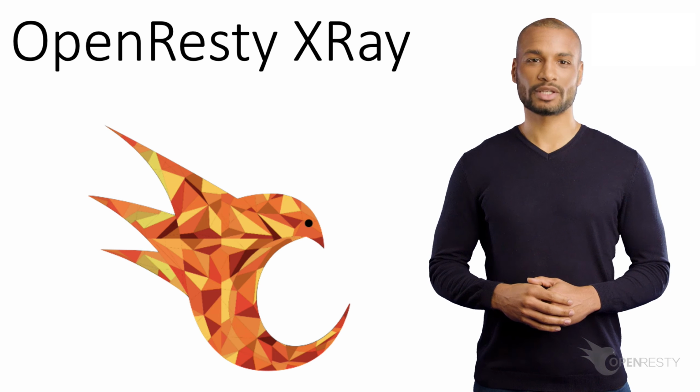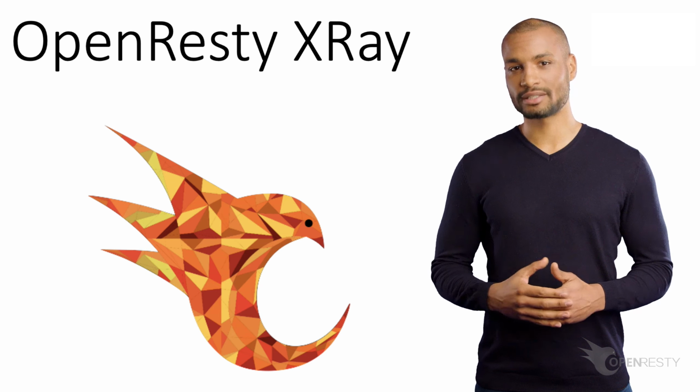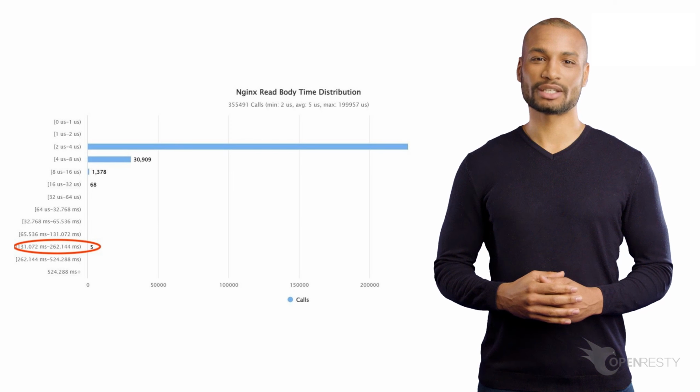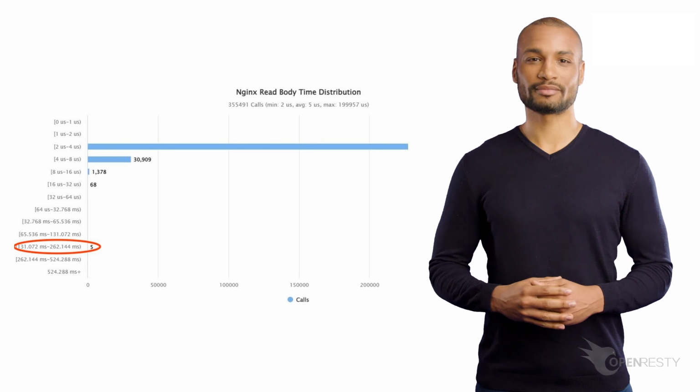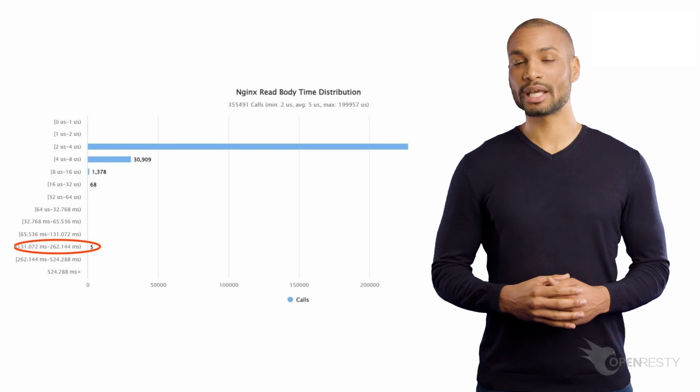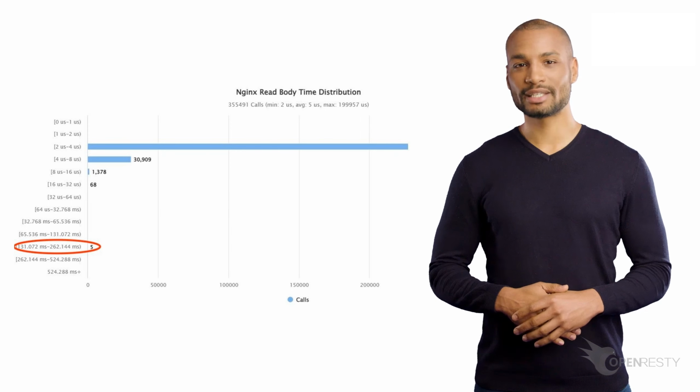It starts by sampling the requests that the web server processes in the production environment. It automatically creates this logarithmic distribution chart for the response latencies. We can notice that 5 requests with a long latency fall into the range of 131 milliseconds to 262 milliseconds.